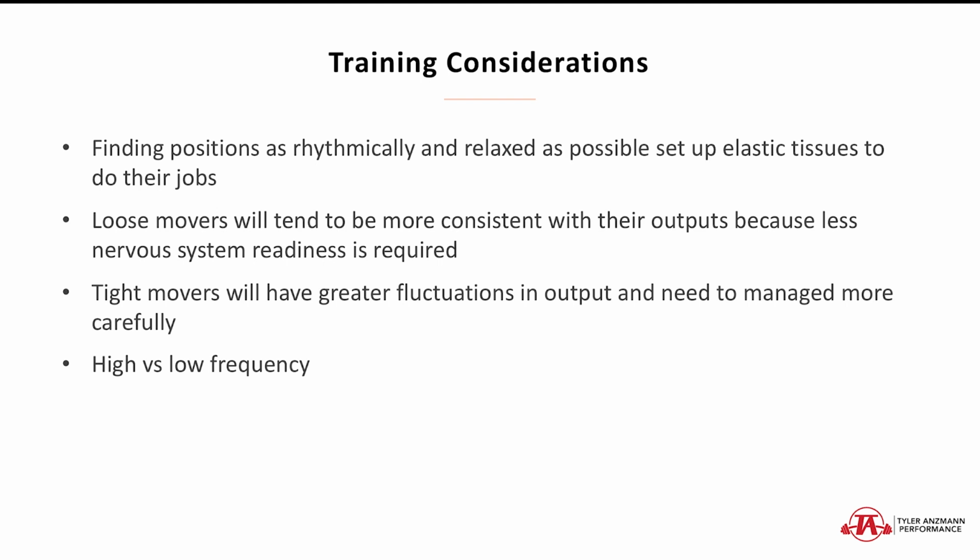All right, so loose movers will tend to be more consistent with their outputs because they're a little bit less nervous system driven. The readiness from day to day isn't going to fluctuate their outputs quite as much because they're so efficient with their movements. But our muscle driven, tighter movers, really nervous system driven guys, are going to see much bigger fluctuations in output and need to be managed more carefully. And so these may be guys who we use different frequencies of throwing with as a consideration for what works better in terms of maximizing that readiness each weekend or whatever game they're going to be pitching,